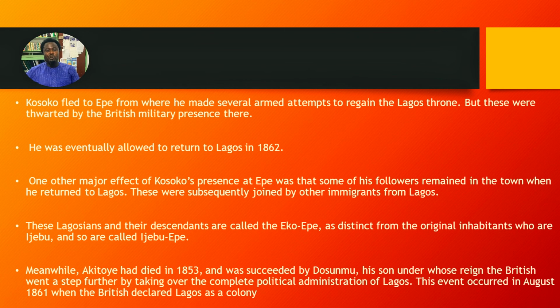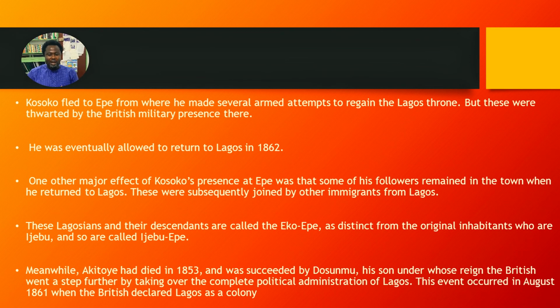So meanwhile, Akintoye died in 1853, but he was succeeded by his son Dosumu, under whose reign the British went a step further by taking over. Lagos was bombarded in 1851 under King Akintoye. But following the death of Akintoye, under the reign of Dosumu, his son, the British took a step further to